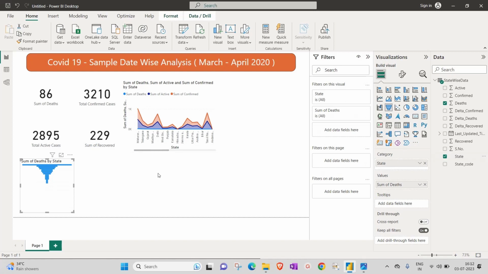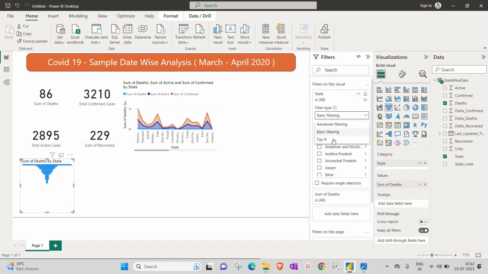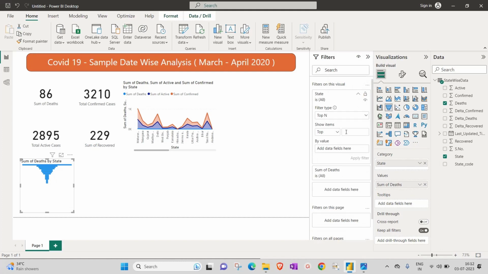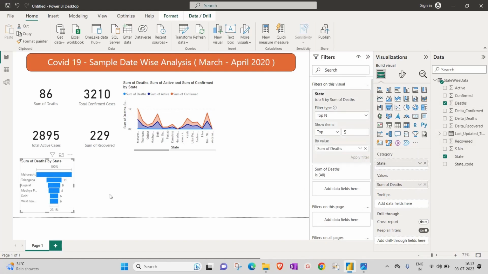We have to add a filter here so that we can show only the first 5 states. Okay,